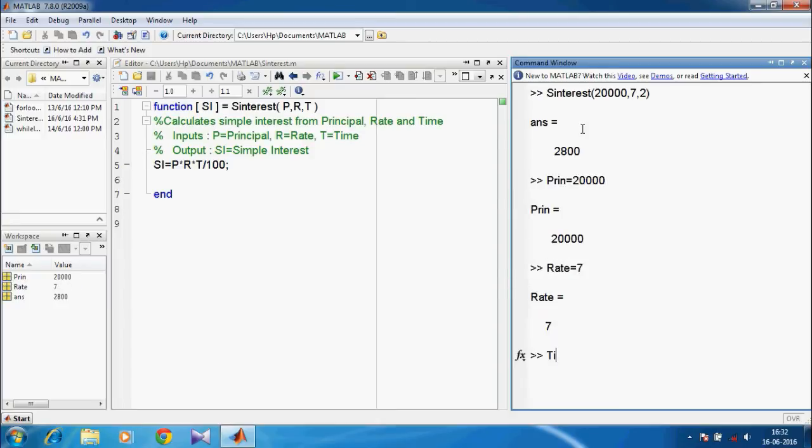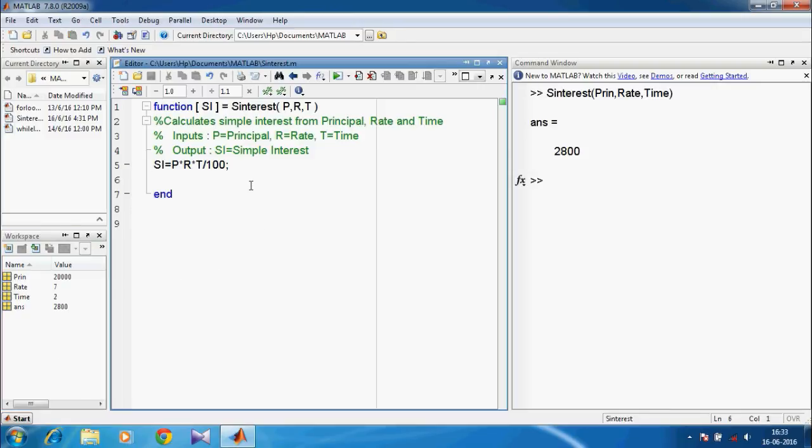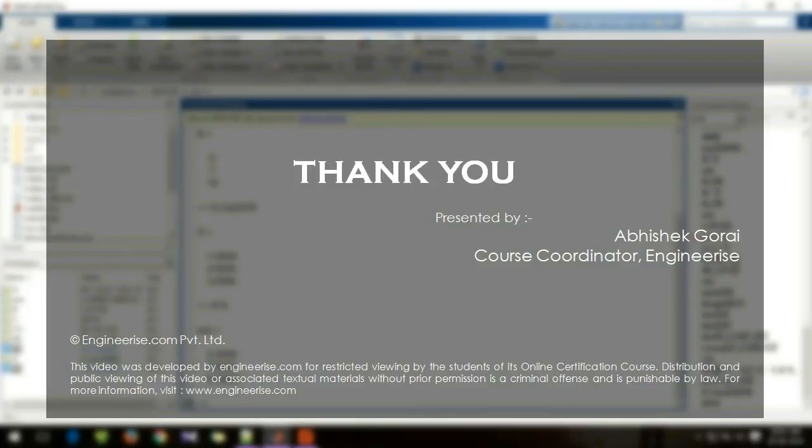We can also pass the inputs indirectly as variables. Notice that in the workspace, the variables used within the function are not present. A function works separately with local variables, unlike script files. User-defined functions are used for complicated subprograms, but for one-line functions, this is a lot of work. There are methods to define functions without creating and saving an M file. We'll discuss more about them next week.